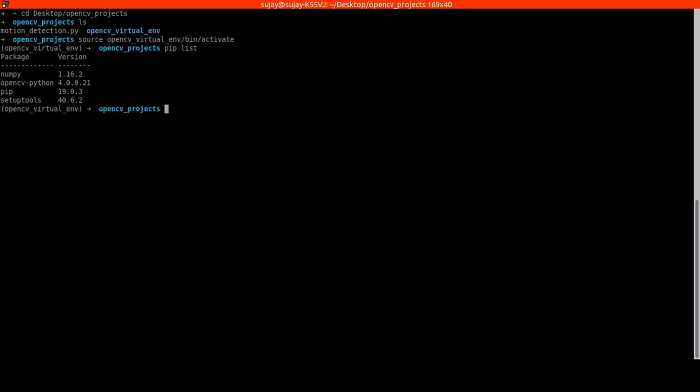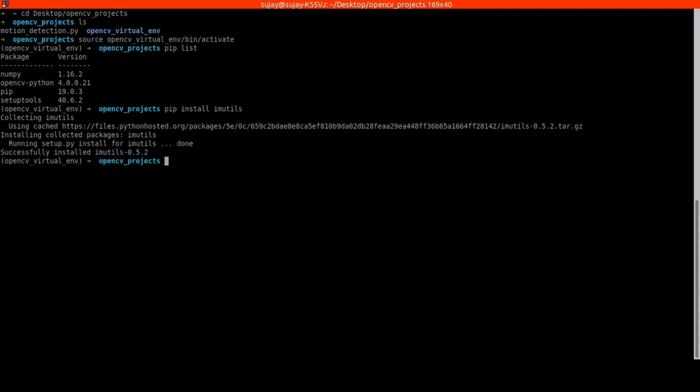So here we have installed NumPy, OpenCV, pip and setuptools. So there is another package that we will be installing, called imutils. So we have installed imutils.